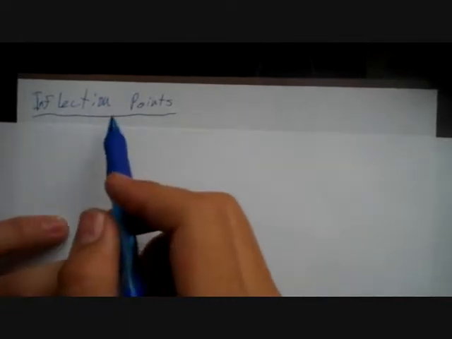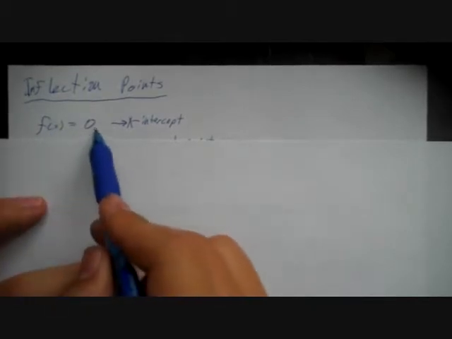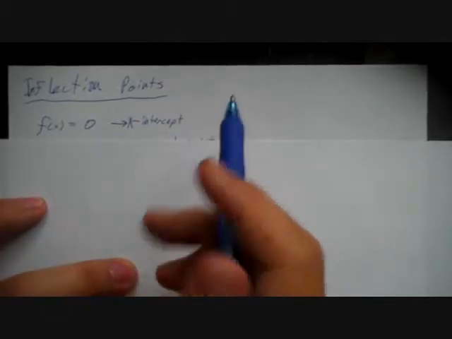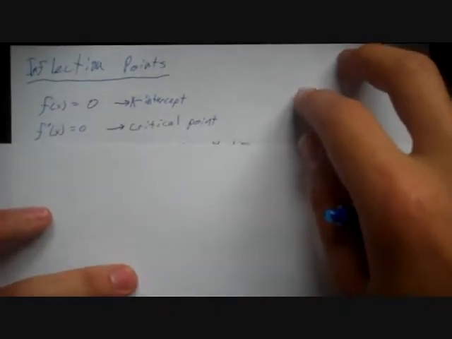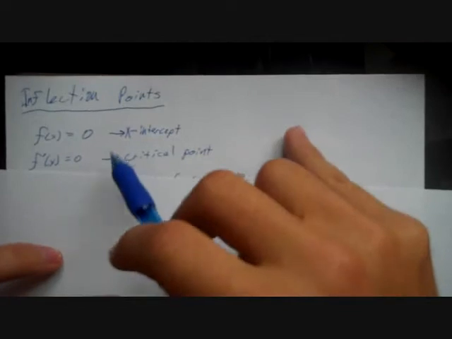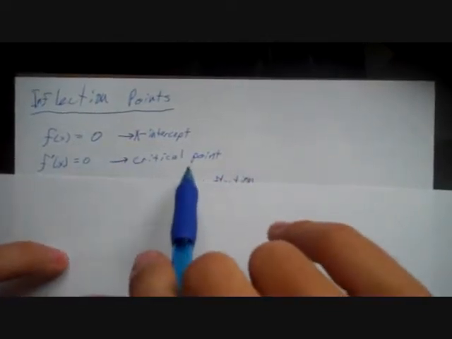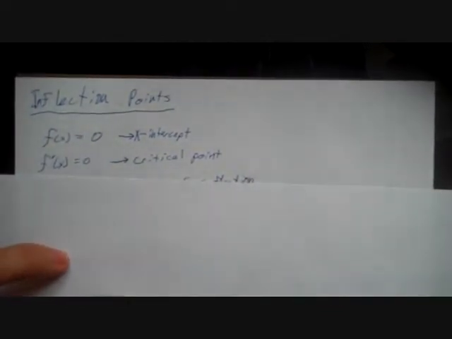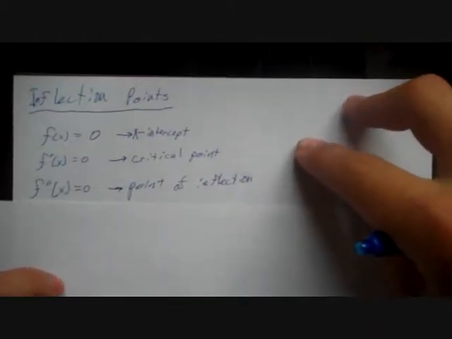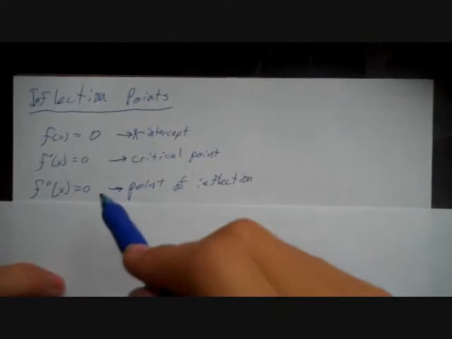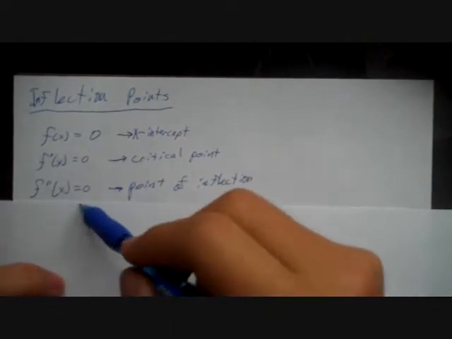Alright, so today I'm going to teach you about inflection points. Now, let's review what we know. Where our function is equal to 0, we have an x-intercept, or a root, also called a zero. Where our derivative is equal to 0, we have what's known as a critical point. That's our maxes or mins, or sometimes neither. And then, where our second derivative, the derivative of our derivative, is equal to 0, that's where we have